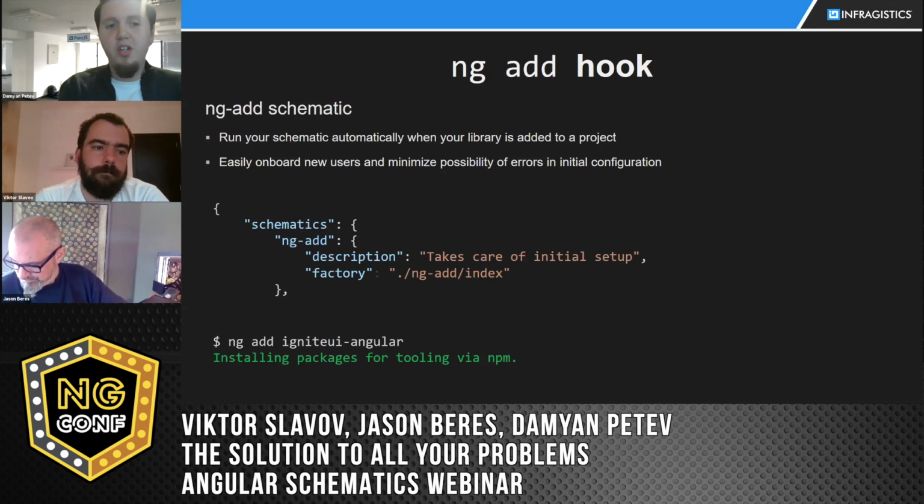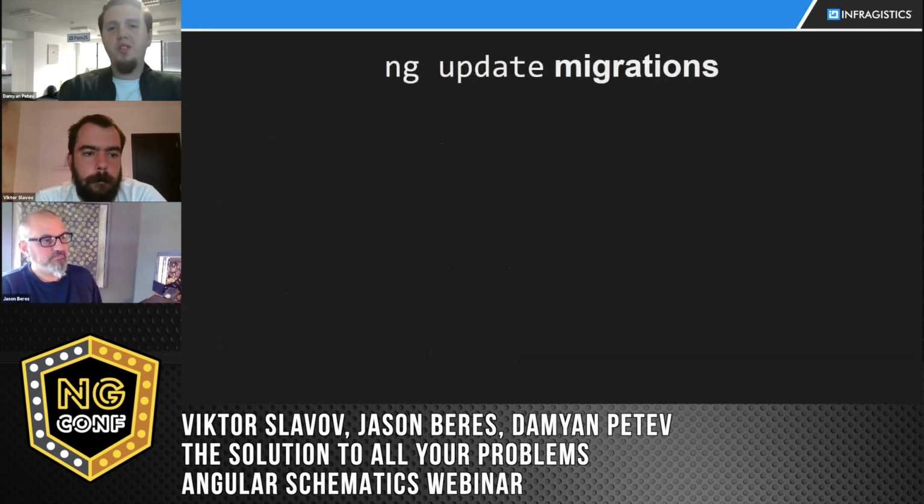It has to be ng-add, except this time you don't even need to hustle with the collection at all, because ng-add is already called with your specific library in the name, so we don't have to do anything else. And then, of course, come the migrations. So you've made your shiny, awesome library, and then you made it easy for users to adopt it using ng-add,